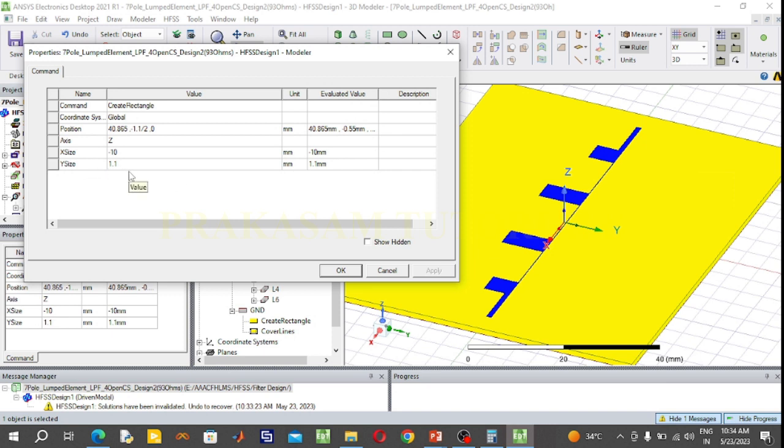the width of the 50 ohm transmission line is 1.1 mm and the length of the 50 ohm transmission line is 10 mm. The axis is the z axis and the x position is 45.825, half of the length of the substrate, 91.65 by 2, is 45.825,